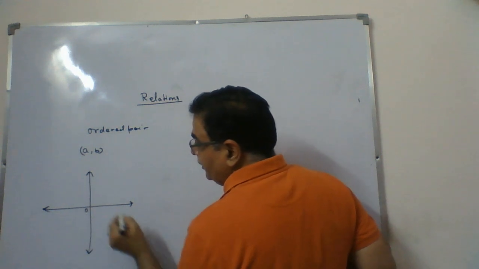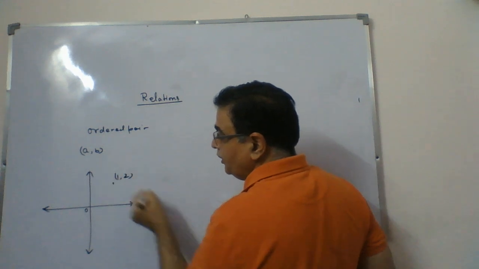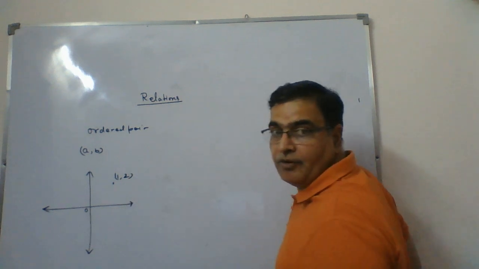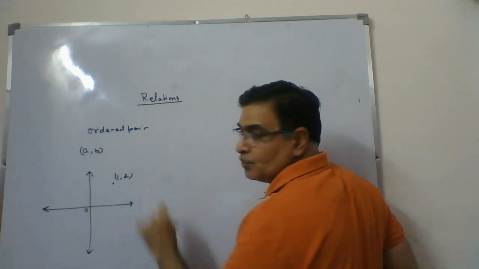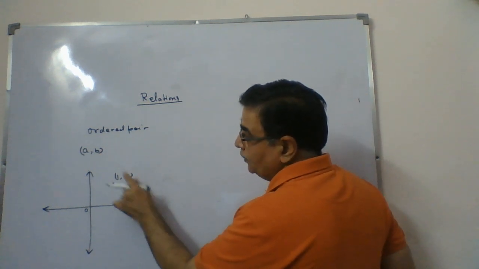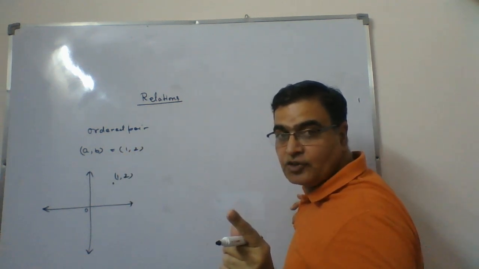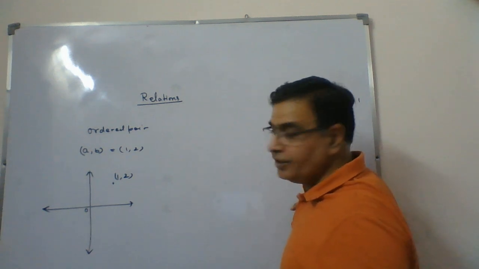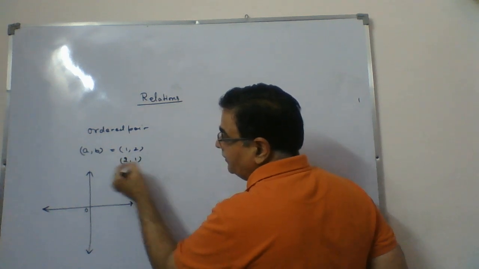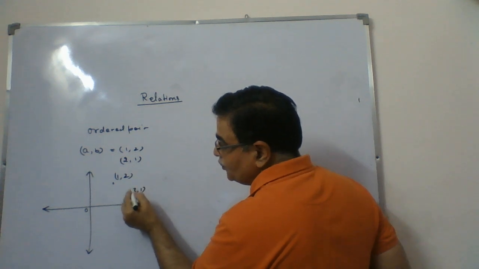on the graph paper, if I say you mark this point, for example, if this point is 1 comma 2, then you always have a specification that this will be the x coordinate and this will be the y coordinate. So 1 and 2. Here a specified order is there. The first coordinate always represents the x coordinate, and the y coordinate will be the second coordinate. You can't change it. If you write 2 comma 1, automatically this point is going to shift somewhere here. This will become 2 comma 1.